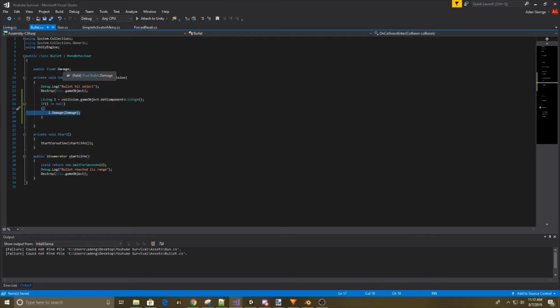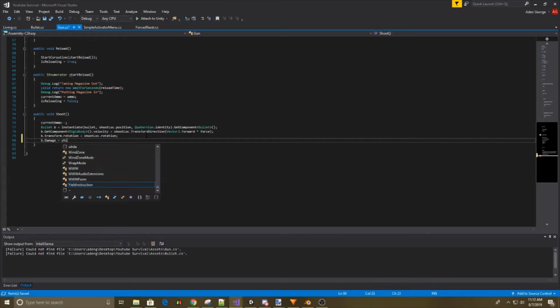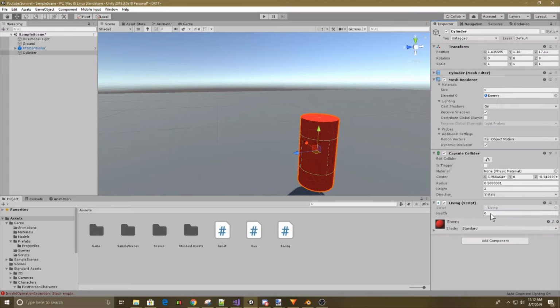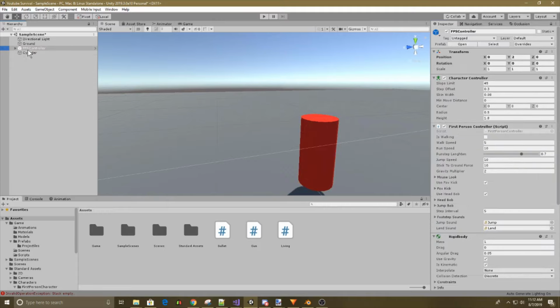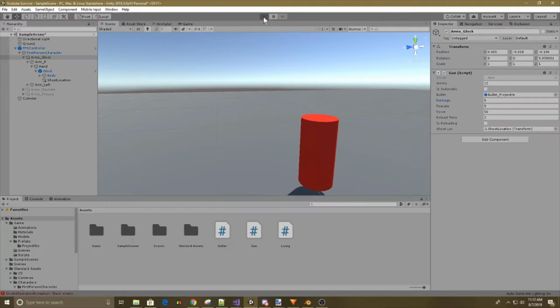But first of all, this damage script is not being assigned. So in gun, let's go to the shoot method and add in B.damage is equal to this.damage. Perfect. Now let's go back into our game. Let's add these variables in our living script. Let's set health to like, I don't know, 10, right? And let's give our FPS controller, arms Glock, let's set its damage to 5, so we have to shoot it 2 times in order for it to hit. If we hit play now,